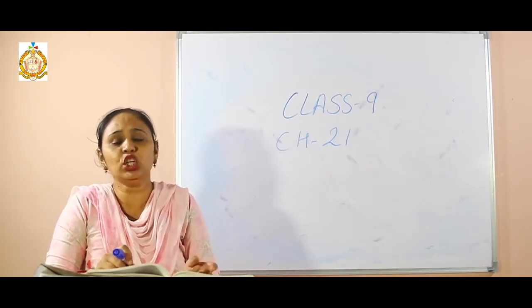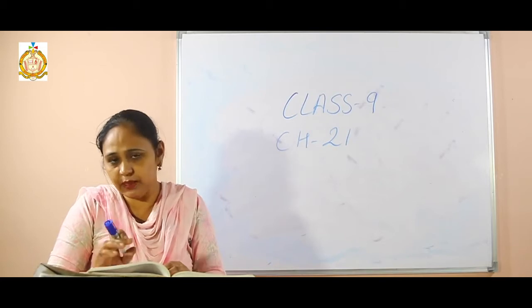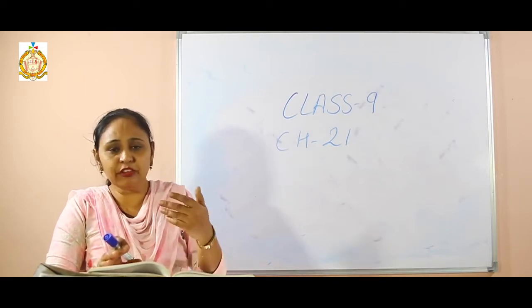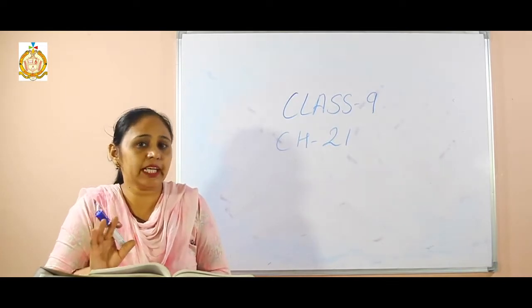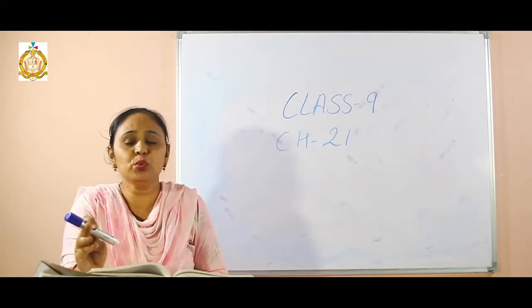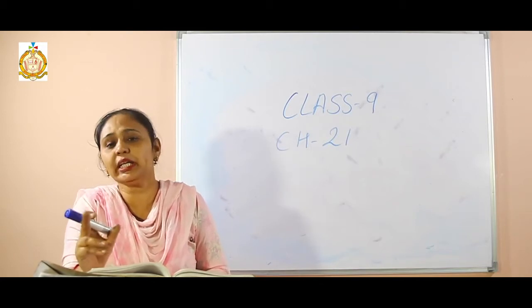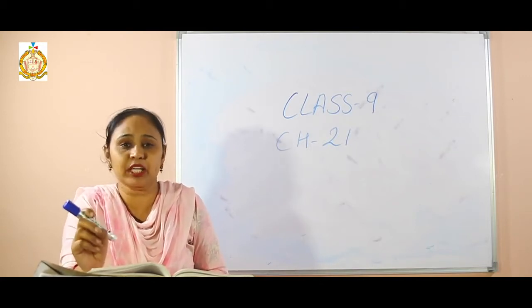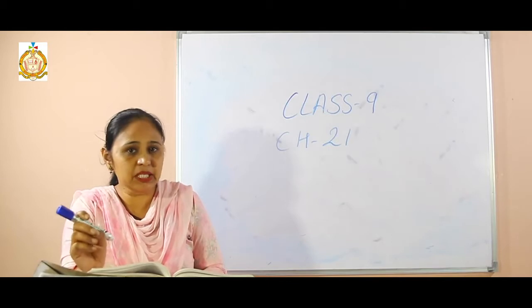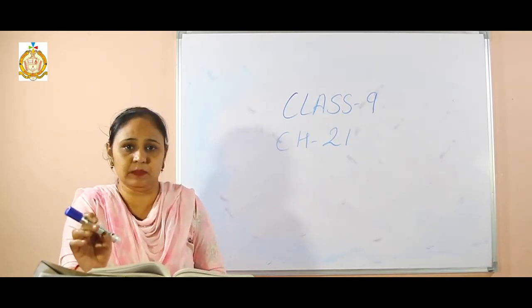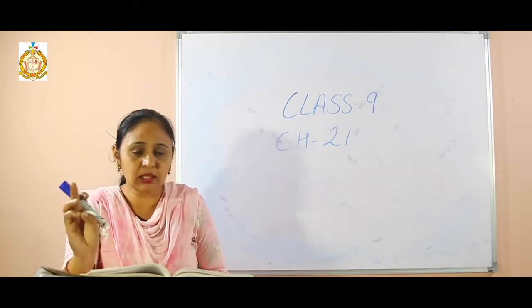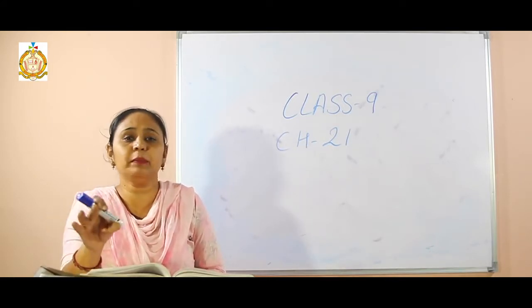Now, what is the meaning of cube and cuboid? See, our rooms are like cuboids. Many boxes are like cuboids. Cuboids and cubes are 3D. What is the meaning of 3D? 3 dimensions. That means length, breadth and height will be present there.